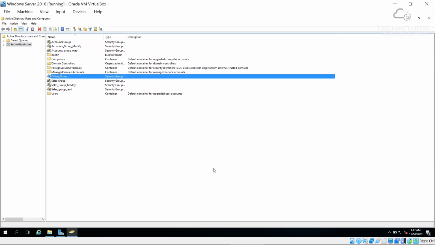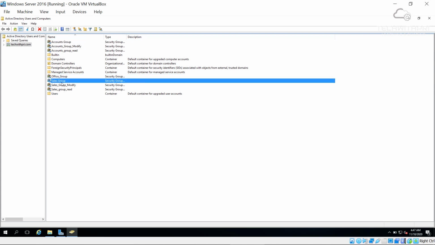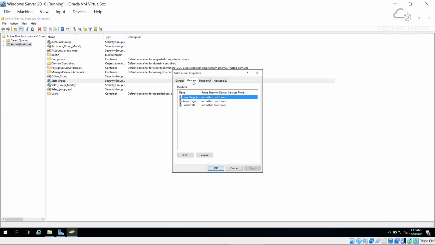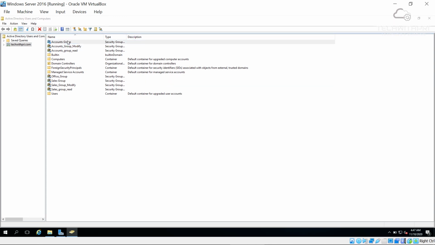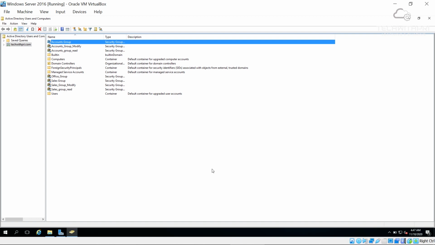Now I have created 2 separate groups: one is the accounts group and another one is the sales group. I divided 3 people into the accounts group and 3 people into the sales group. Let's see where Harry is. Probably, yeah, Harry is in the sales group. And in the accounts group, we have members like John, Ross, and Sin. Now we'll focus on the accounts group today because it is going to be the same for the sales group.